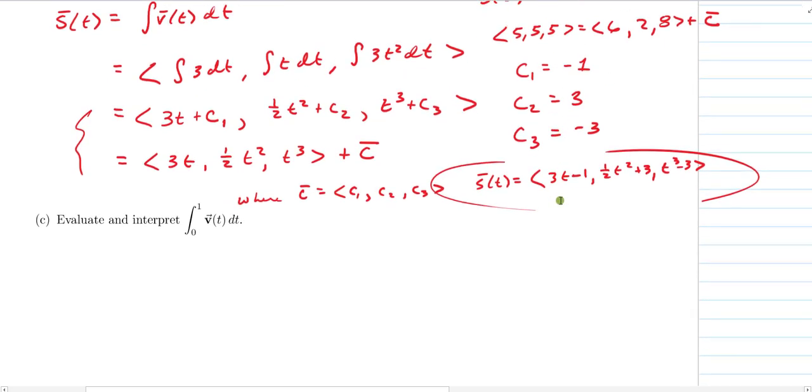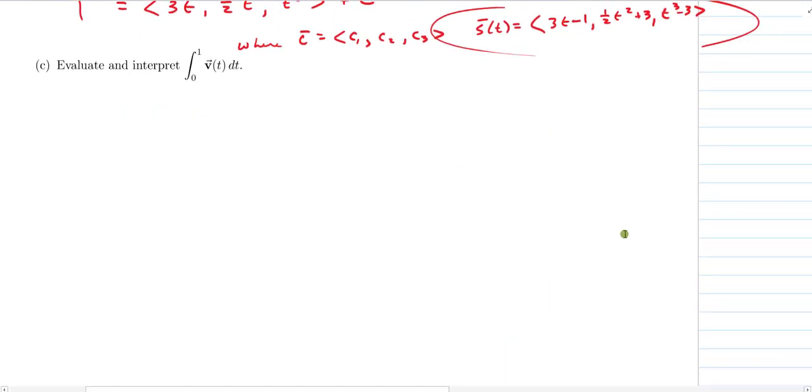So finally, folks, we've got one more example, and that's to evaluate a definite integral of that velocity function. So this is going to be the integral from 0 to 1 of v of t dt. And again, everything gets to be done component-wise. Again, folks, please don't get complacent in this class. This particular topic is relatively straightforward because we get to just work things component-wise. Okay? So what I'm going to do is say that that's equal to,